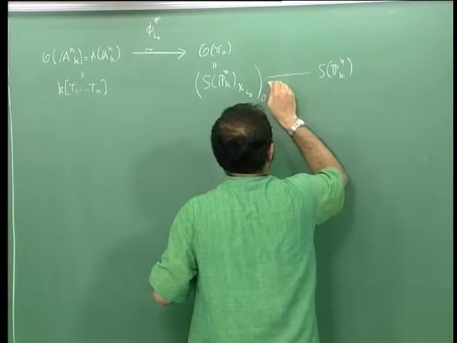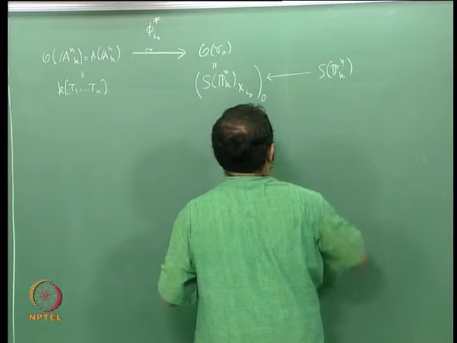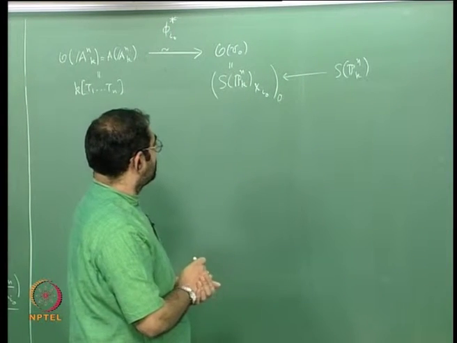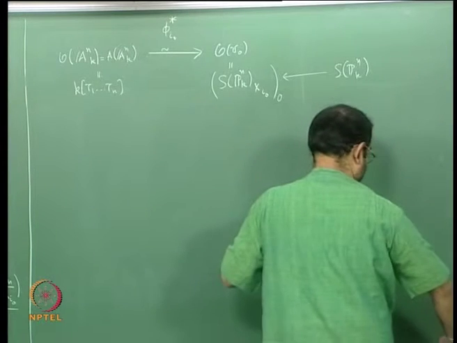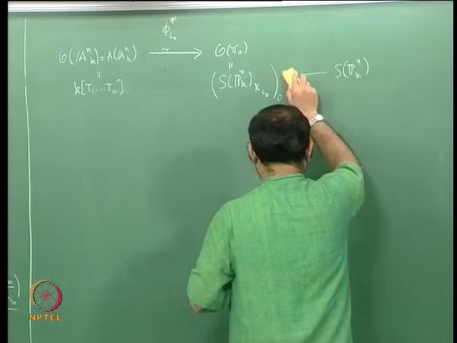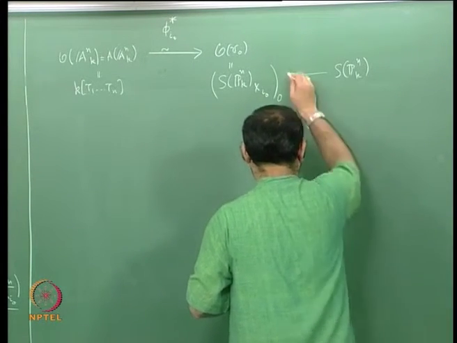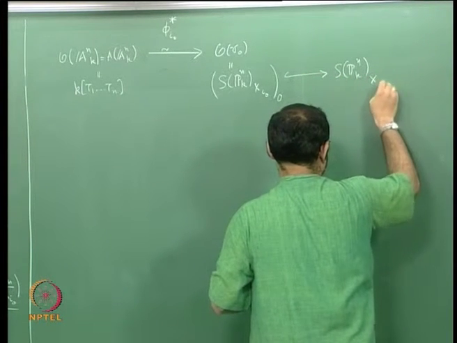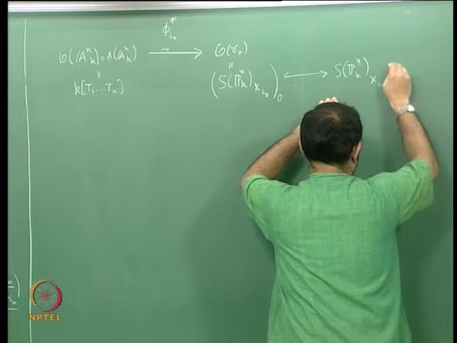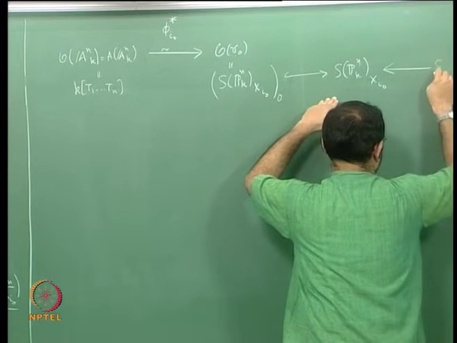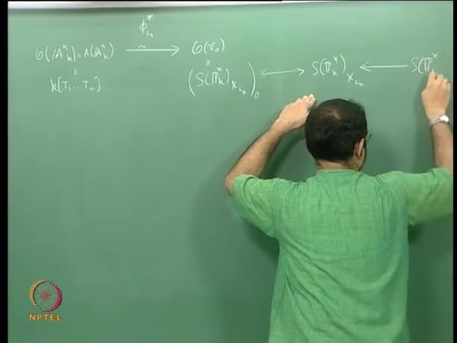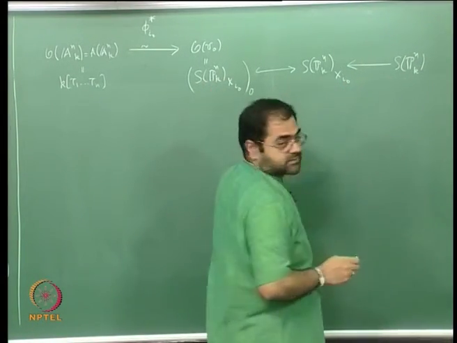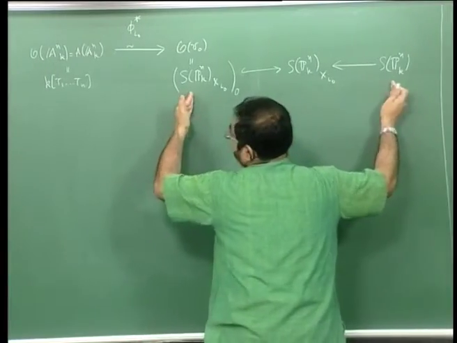So this is a localization, followed by, well, in fact this is sitting inside the localization as the degree 0 part, which comes as the localization of S of Pn. Okay, so this is the localization, this sitting inside the 0 part, and this part of the diagram corresponds to